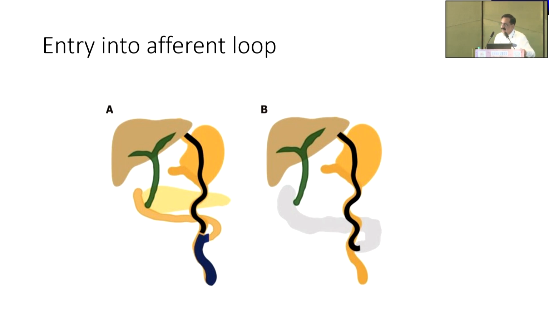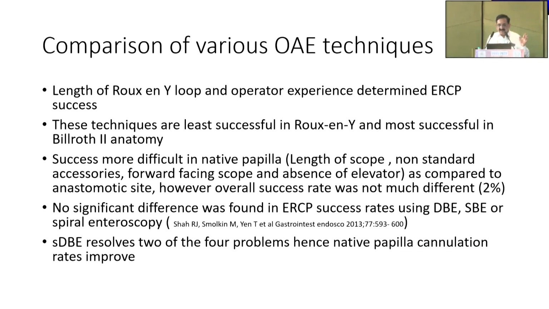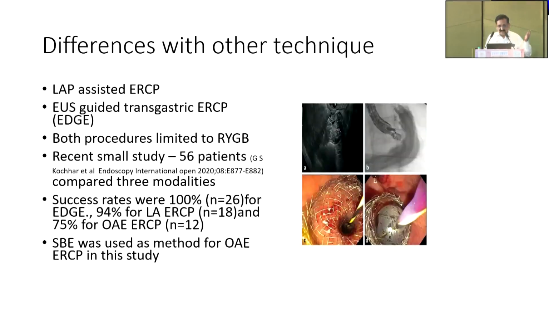A very similar thing which can be used is underwater enteroscopy. Go down to the limb, enter one particular limb, inflate the balloon, and then use the air. The direction of the air will tell you whether you are in the afferent loop or the efferent loop. And that's how you can determine how to reach the site of enteral anastomosis. Various OA techniques have no significant difference whether you use a single balloon or a double balloon. I won't go into the details of it as time is limited.